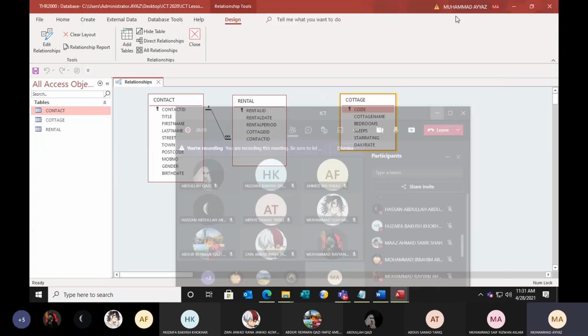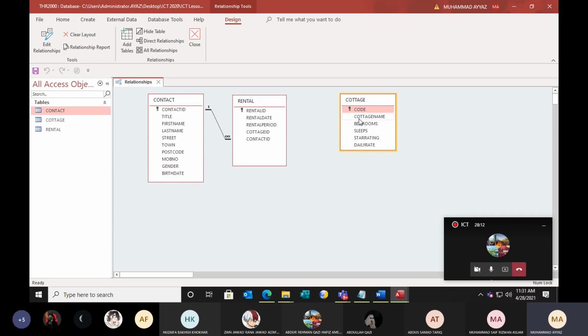Okay, sorry boys. Yes, Abdurrahman? Sir, I don't know. Okay, Zain? Sir, cottage ID and code. See, Abdurrahman, this is code, the primary key here. Just common sense, my dear. From here, see, contact is a table name.